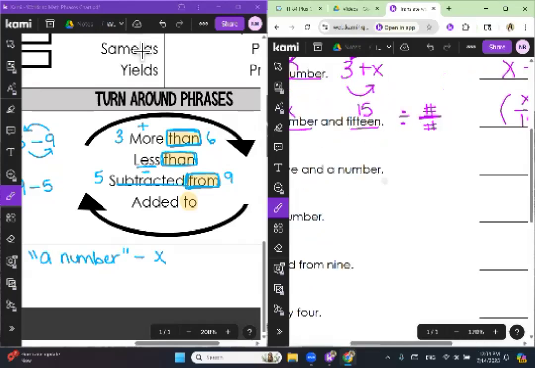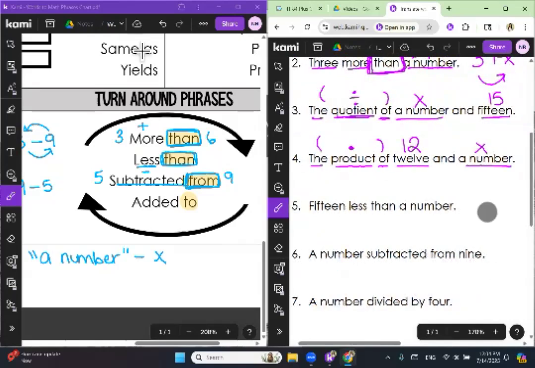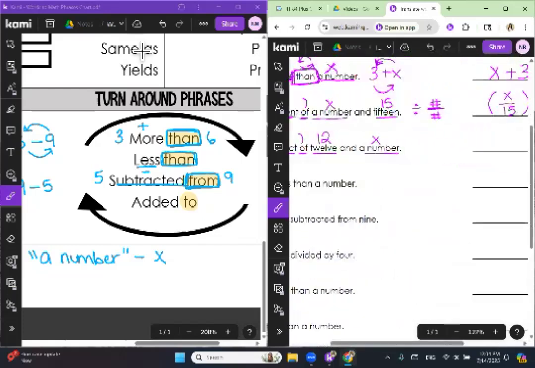Okay. Next. Product. Product means to multiply. So I'm going to use a dot. I'm not going to use an X because X, you can confuse it for a letter. 12 and a number. The product of. Okay. Well, based on this sentence, it wants me to write it as,